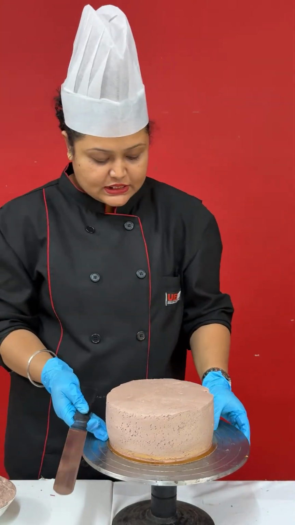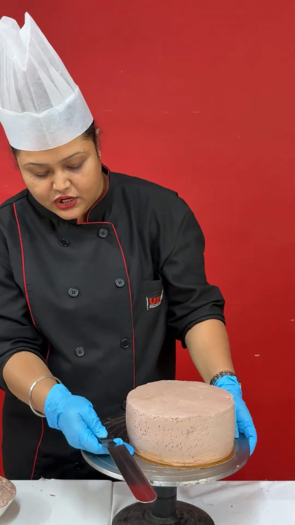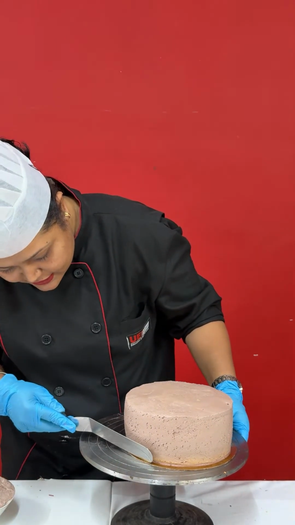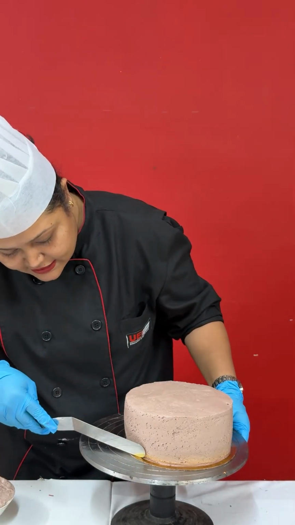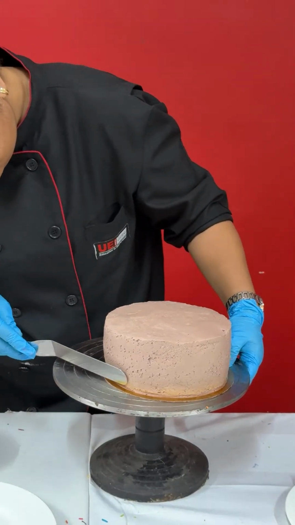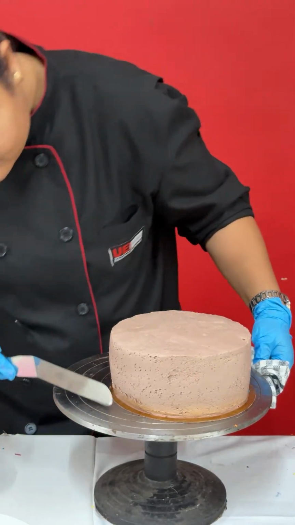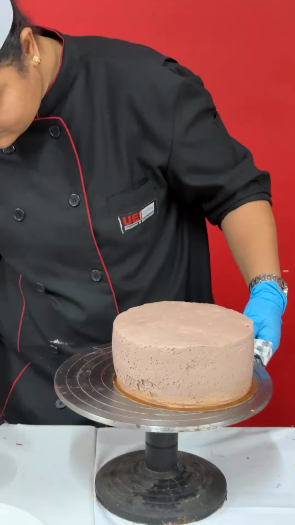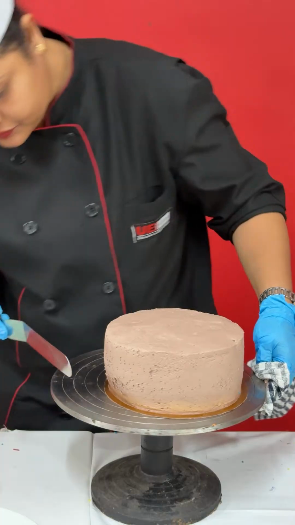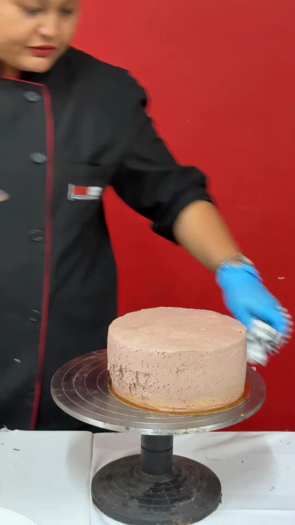So what you have to do is take an offset or a spatula and just make smaller lines horizontally. Okay, so for example, take the tip of the spatula and just run like this. Okay, what I should do is, first of all, I need to